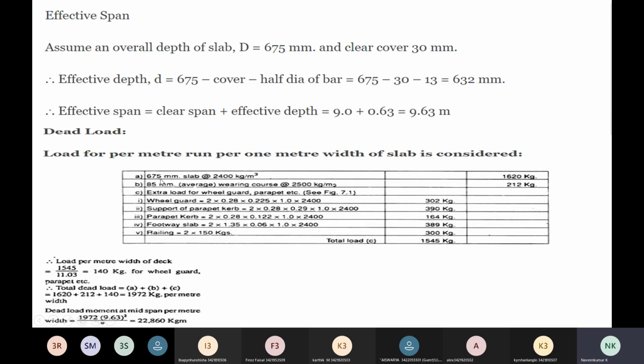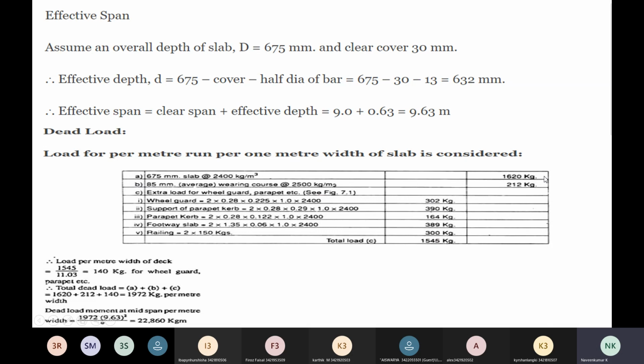First of all, the self weight of the slab, with depth 675 mm. Based upon the depth, you can calculate the dead load of the slab considering the dimensions. You know the depth value, 675, and you know the span also, 9 meters, and the unit weight. While calculating the dead load, you always consider the unit weight. By multiplying the dimension by the unit weight, you will get the dead load of the slab first. So the dead load of the slab per meter is